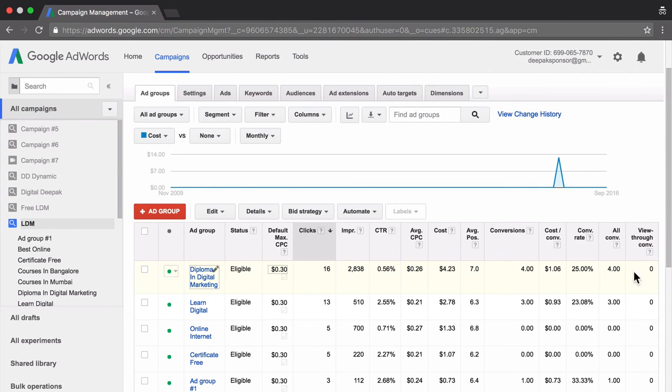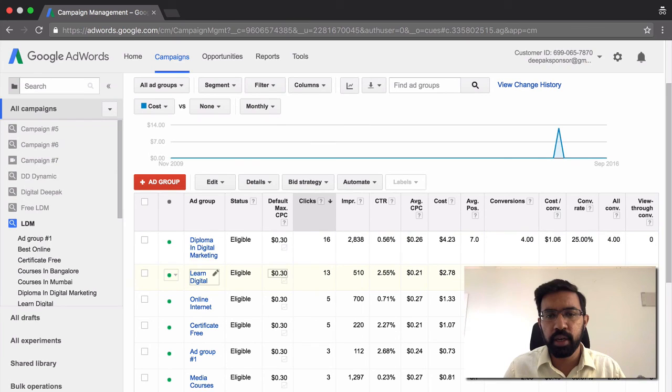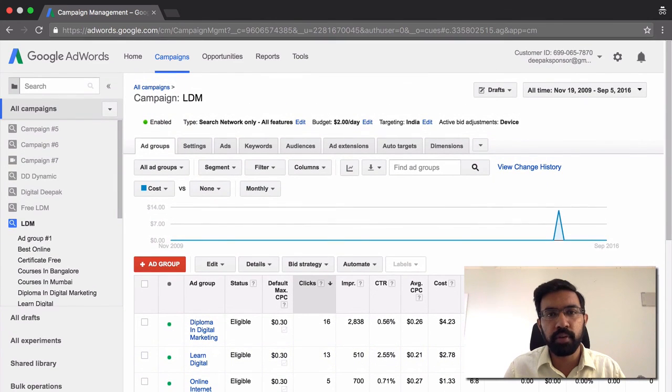And there are a total of 4 conversions. Here we do not have view through conversions because we are not running a display ad here. You can similarly see there is another ad group, and here the conversion data is a little bit different. The cost per conversion is a little bit less compared to this ad group. So this is how conversion data is reported in your AdWords dashboard, and that's it about conversion tracking and